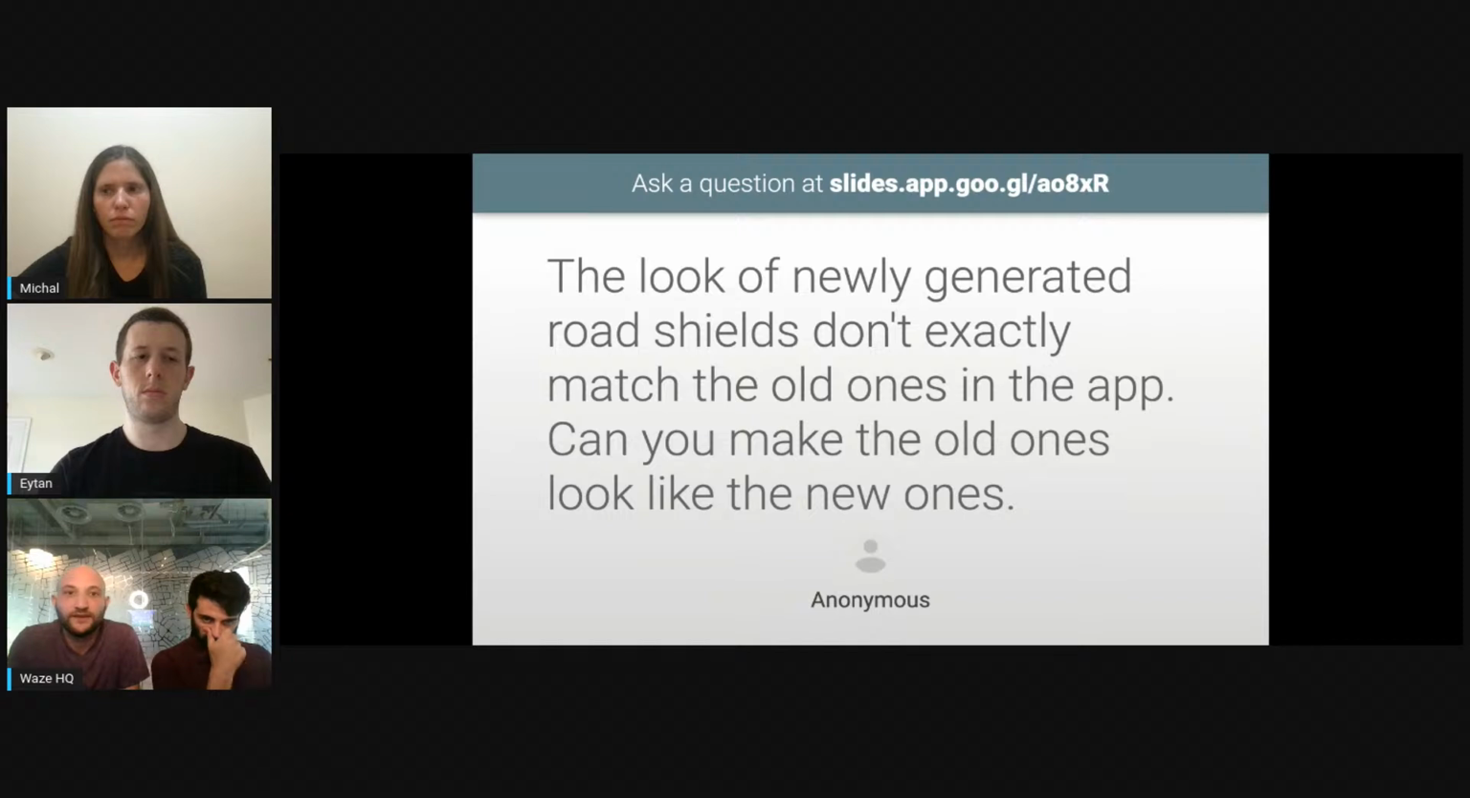Another anonymous question. The look of newly generated road shields doesn't exactly match the old ones in the app. Can you make the old ones look like the new ones? So we have really good news for you. I don't know if you already checked, but as said by Michal and Eitan in the presentation,